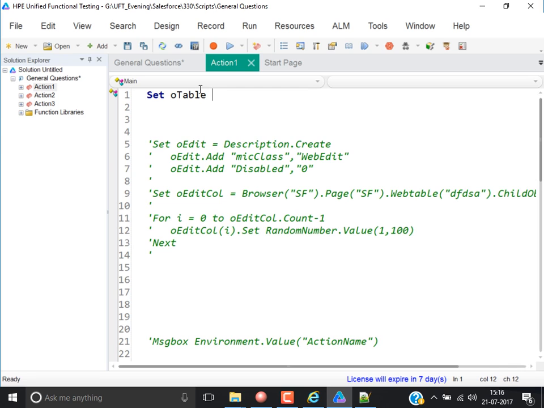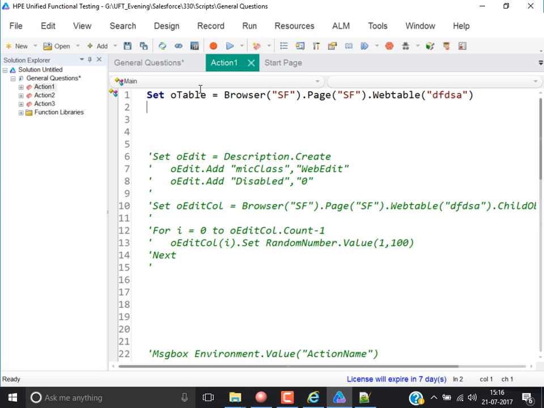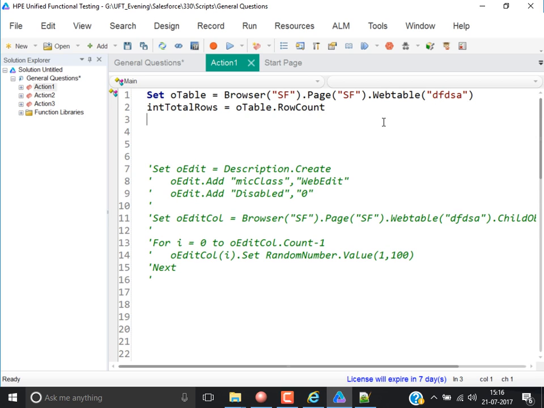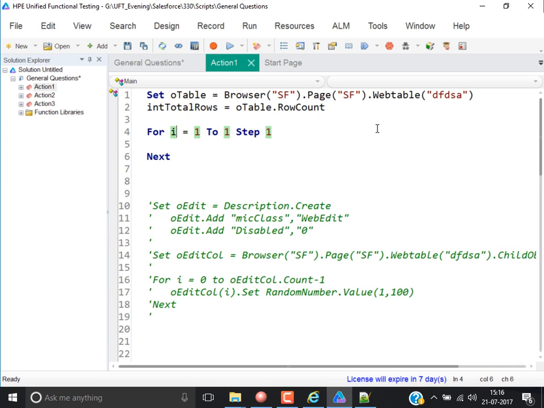Set oTable equal to the table. Next. Int oRowCount equal to oTable.RowCount. For i equal to